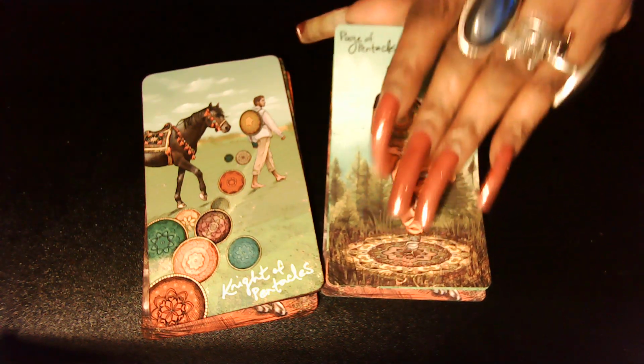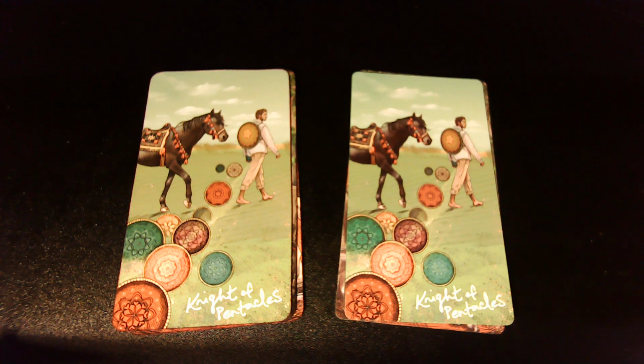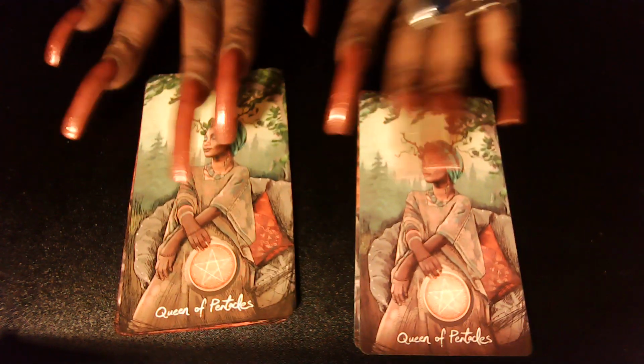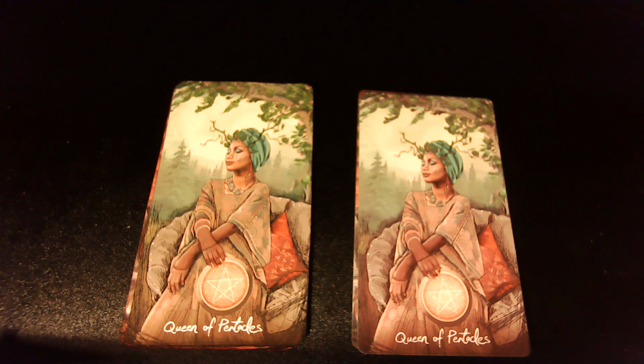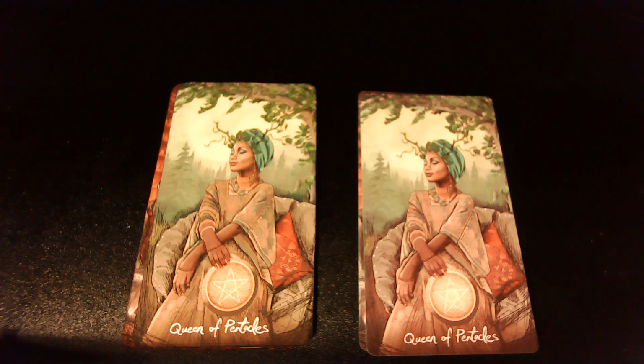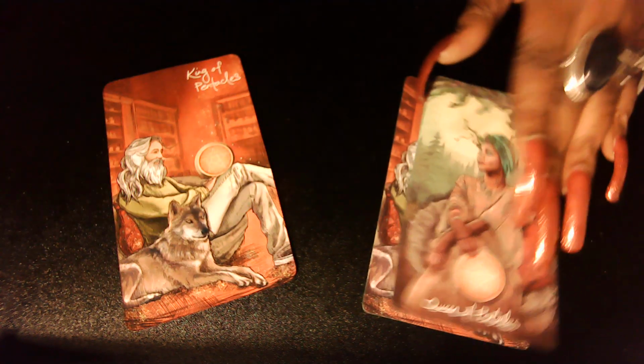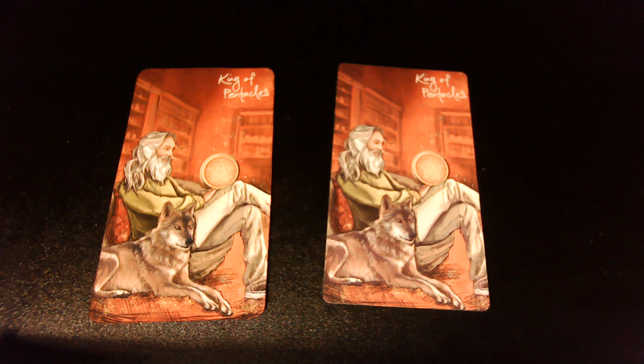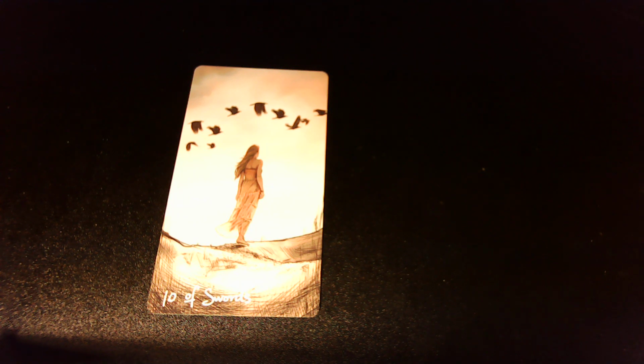Oops. Let's see. Okay. This image is the only one that I saw before I backed the deck. I did not think of looking at any of the other images. This is one of my favorite cards in the deck. Queen of Pentacles, the King of Pentacles. Okay, so maybe